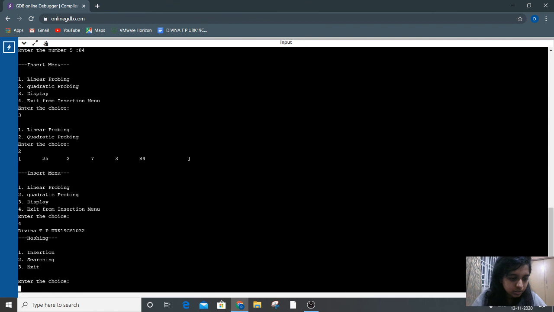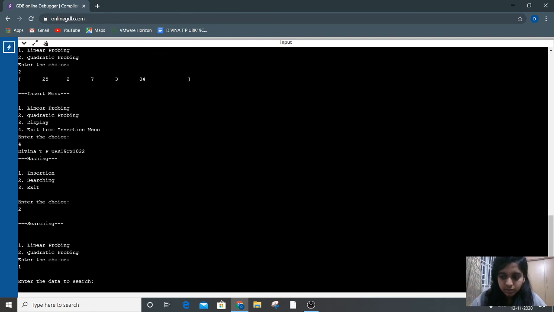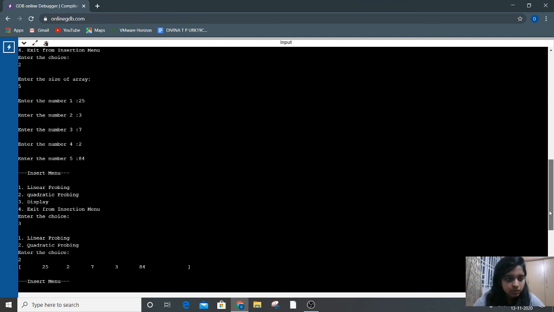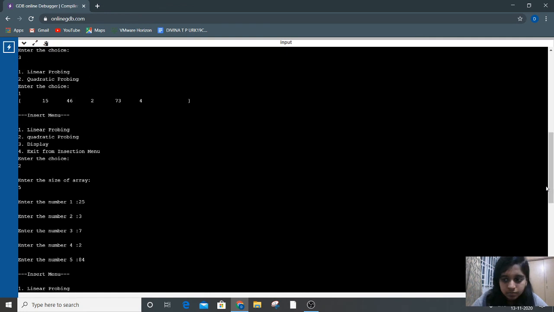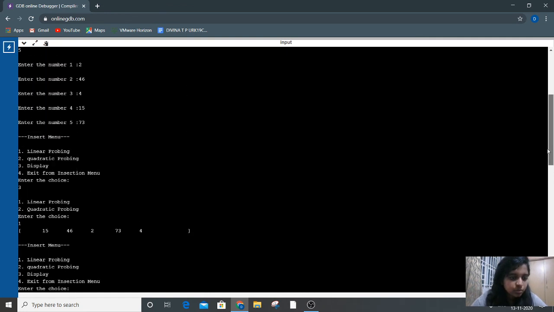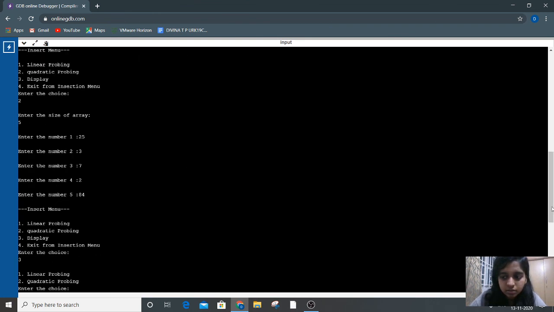Then searching in linear probing. First let's see what elements we gave in linear searching. Let's see 15, which is present in the 0th position in the array.